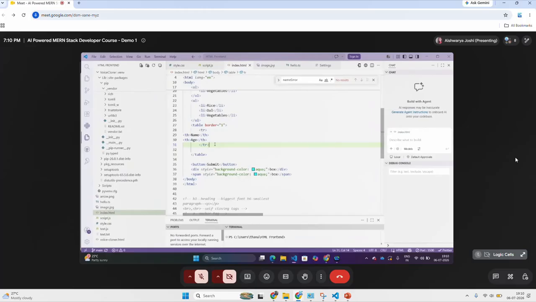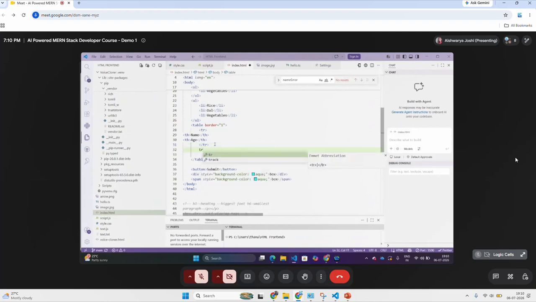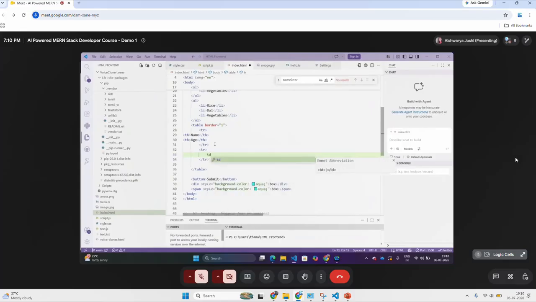TD is the table column. Here it is called table data, but usually it refers to a column. So I'll write my name, and age.